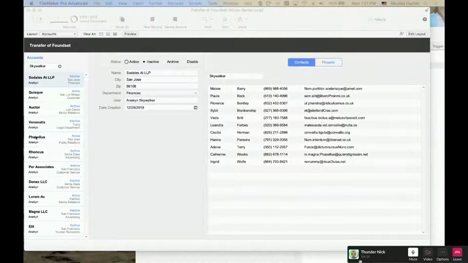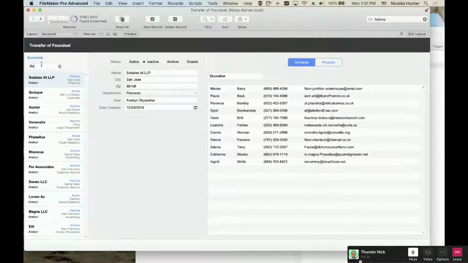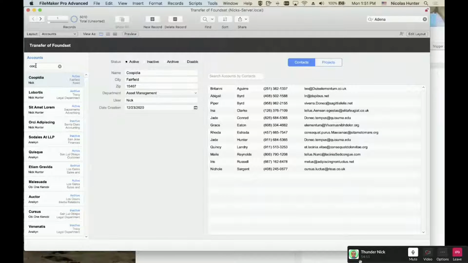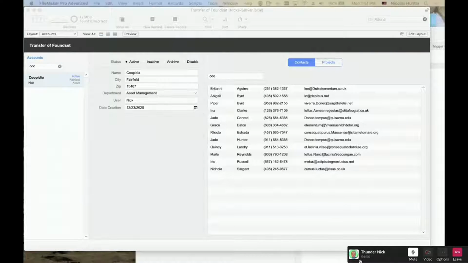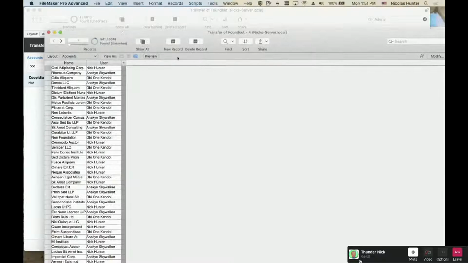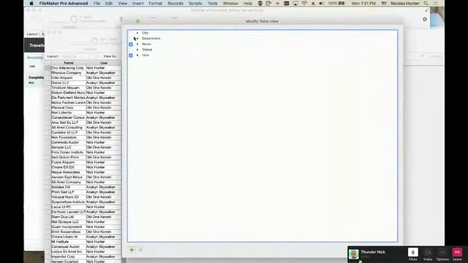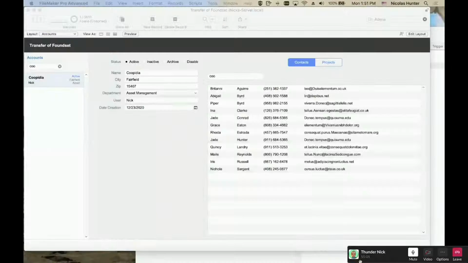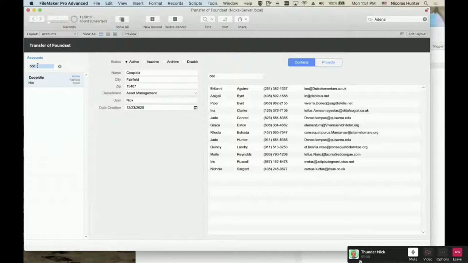And remember, I said, okay, here I'm sending Santa Clara, and it said nothing, right? So that's why when you type something and nothing is found, it shows nothing. If this is empty, it shows everything. When you type something, if something is found, it shows what was found. Okay. So now here I want to search back on city, for example, right? So now if I say Santa Clara, it will work. See, it's very convenient